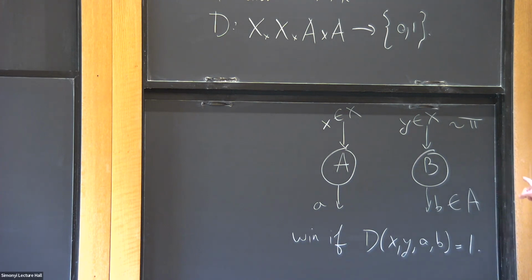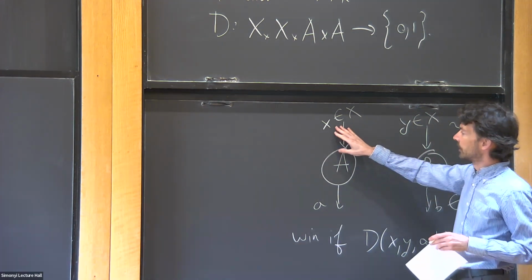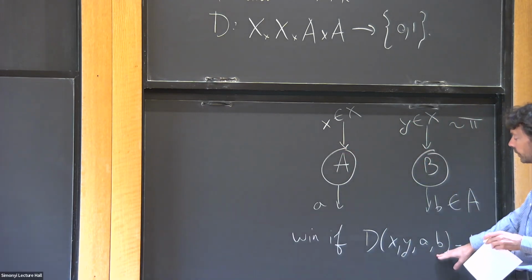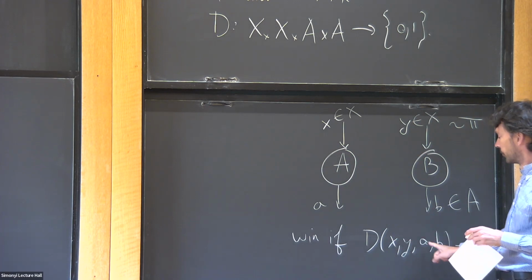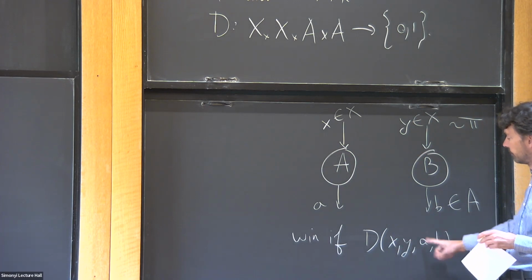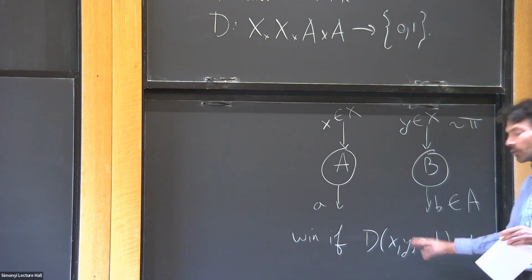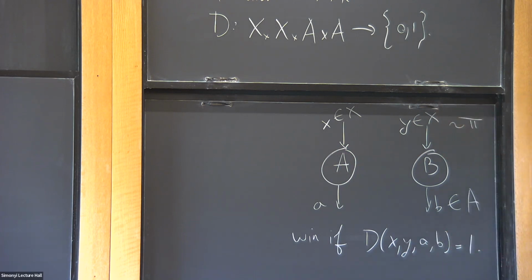So their goal is to generate these answers that satisfy the predicate given their questions. In general, what may make the game hard is that Alice only has access to her own question. So even though she knows the question sets, the distribution, the criterion, she has X, but not Y. And so, determining a valid A might depend on what Bob got and what Bob is going to do. So she might know what Bob does, but she doesn't know what his question is.